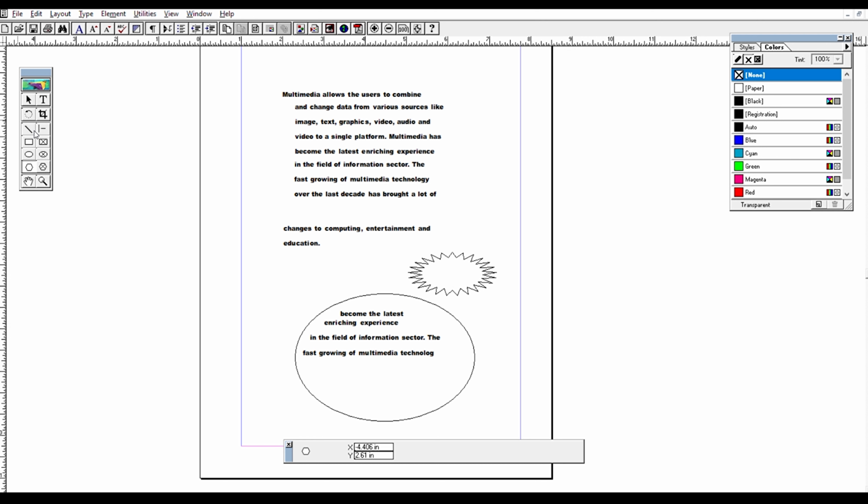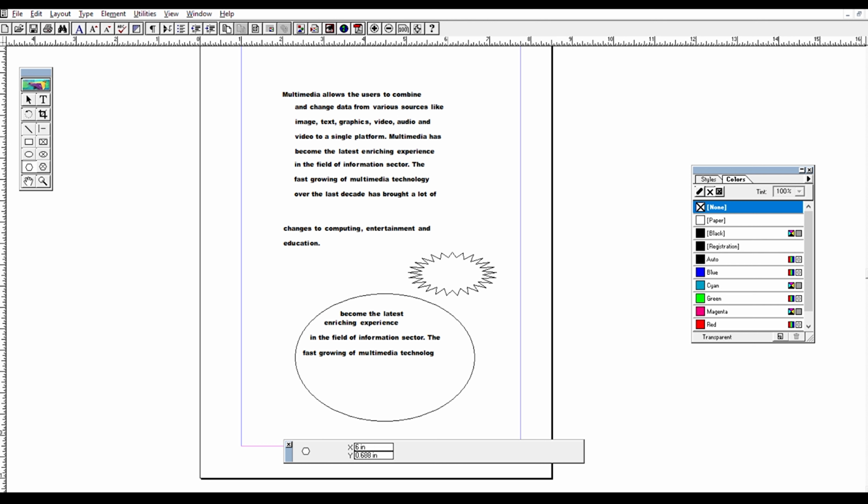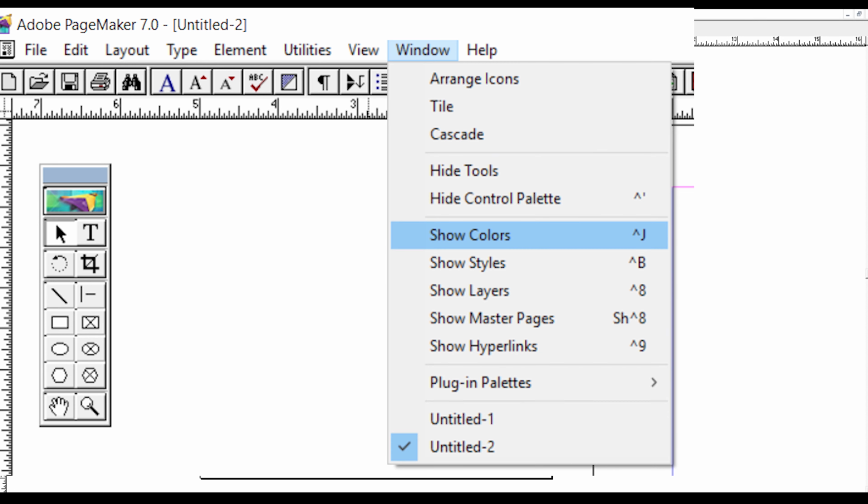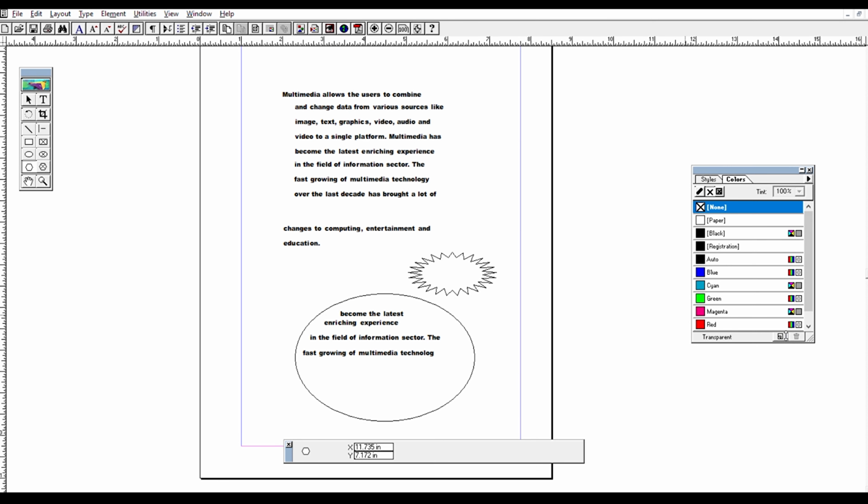Here we have a color palette, right? If you don't have this color palette, it may be hidden, so you can just go to Window, Show Colors, then it will come. Now we are going to select a color from this palette and fill it here.